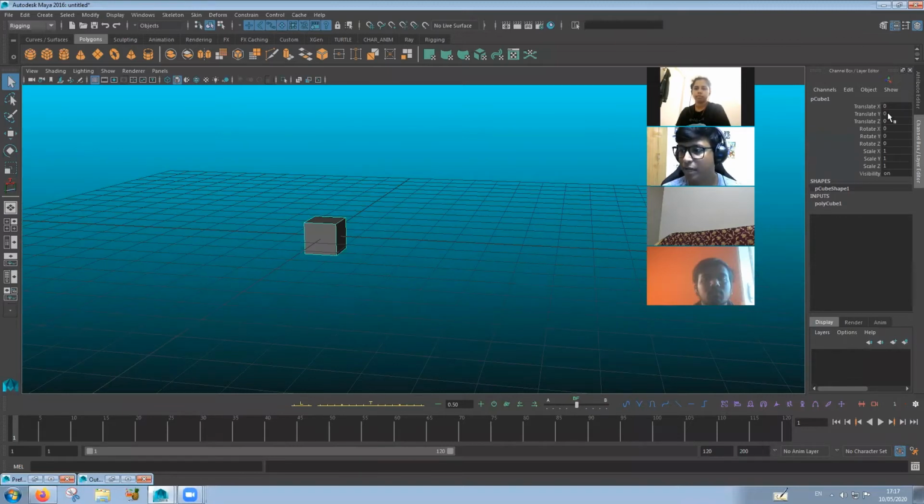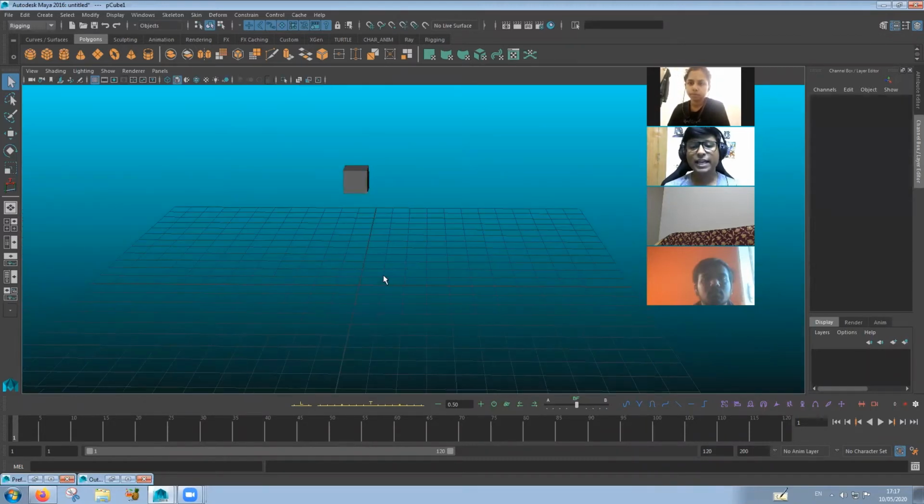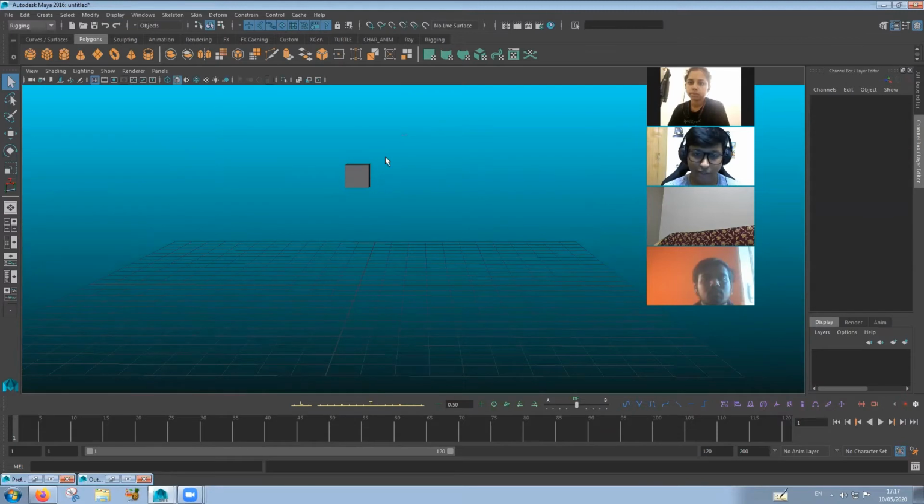For example, if you translate Y by 5 units, it will simply jump 5 units from the grid. We can assume that everything that happens in Maya is measured from the center of the grid. Whatever value is measured from the center of the grid, we call the absolute value.